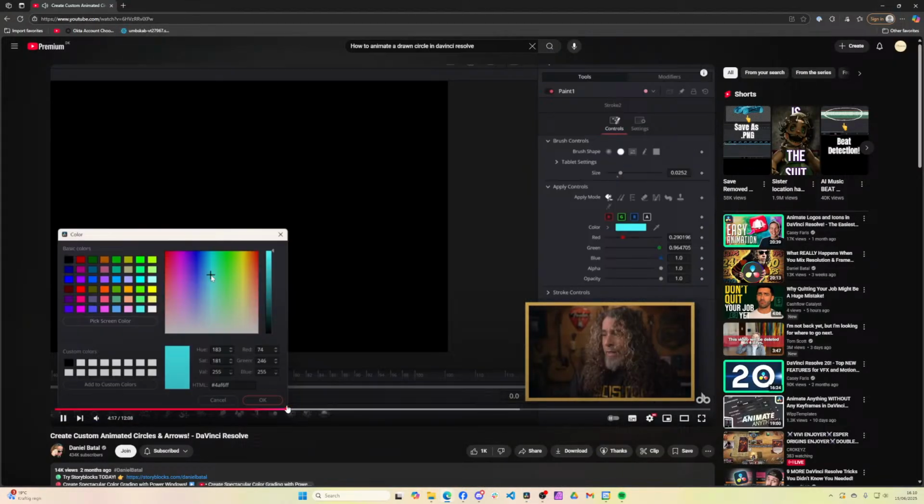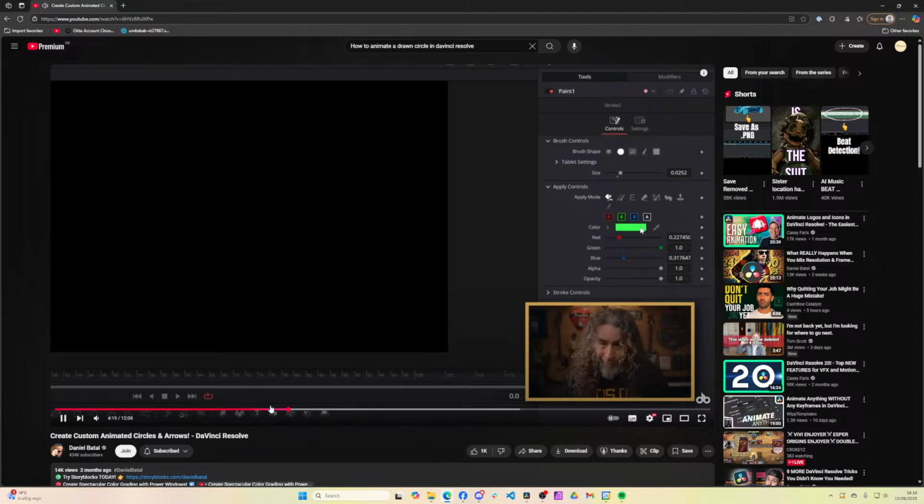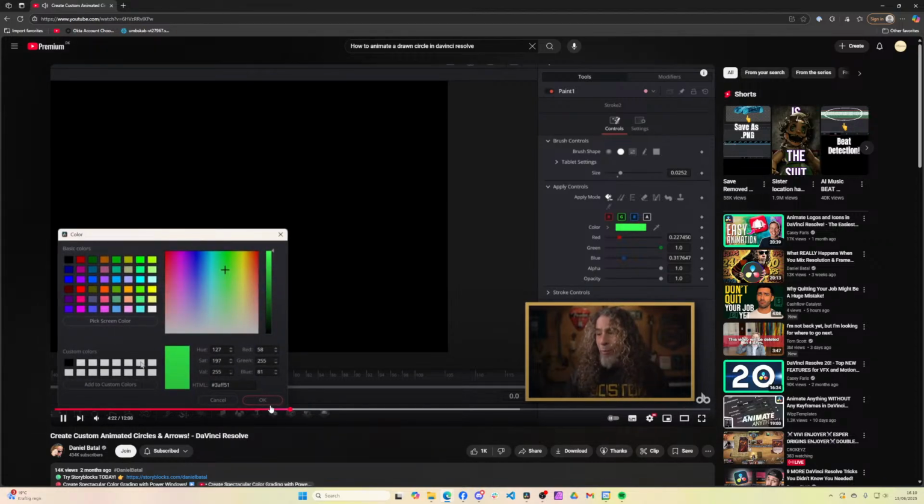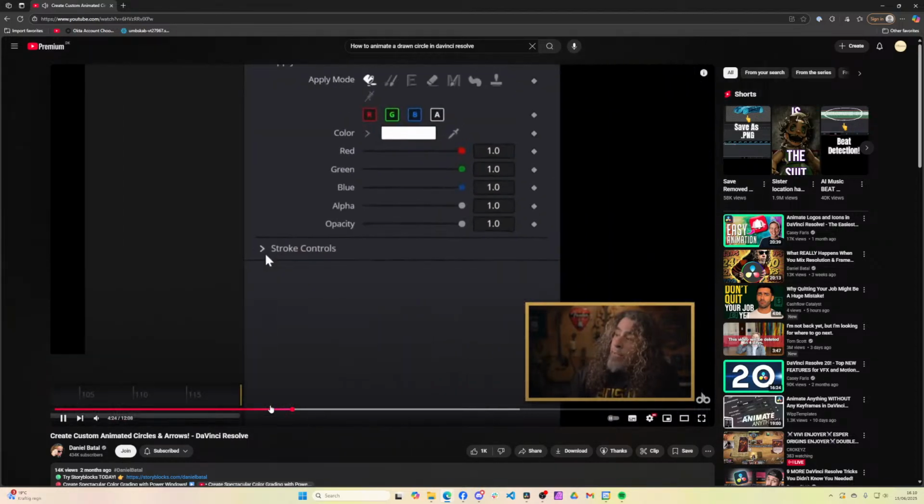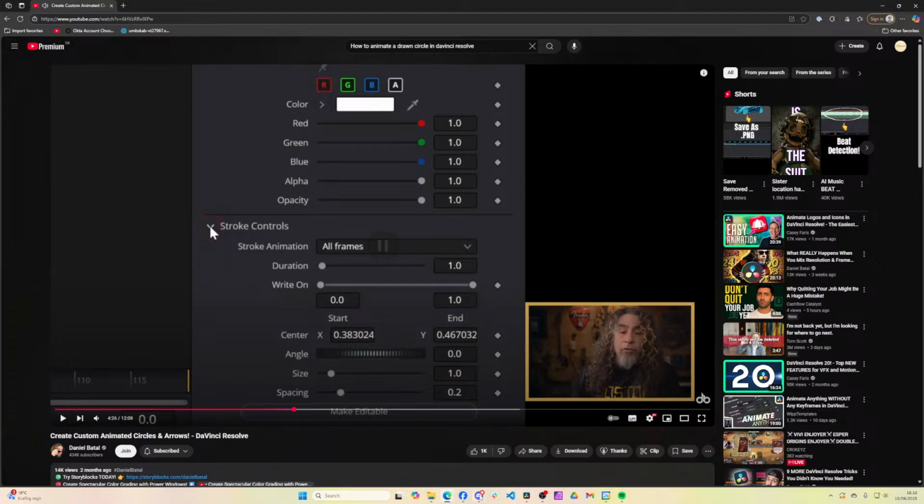Select, make sure you're happy, and then hit OK if you like green more than you like white. I personally like white. Let's stick with white. Now down below that, you're going to see an option for